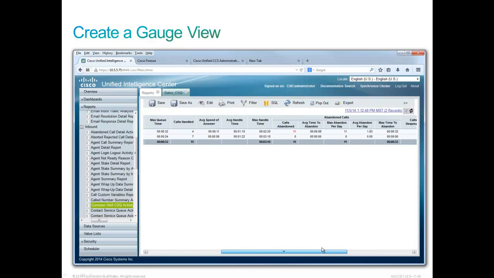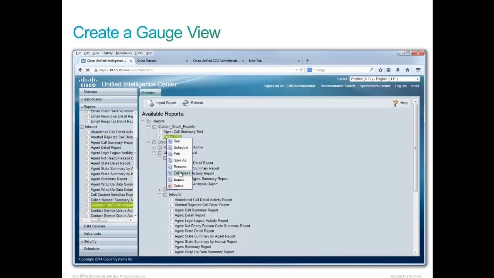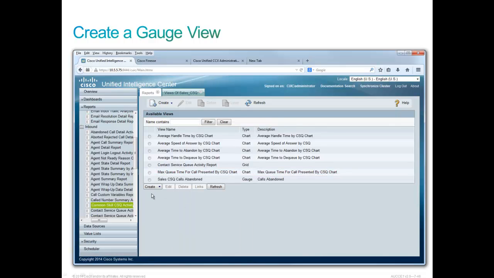This customer is vitally interested in calls abandoned and would like to see a gauge to indicate that, and eventually he'll put that gauge on a dashboard. To create that gauge view, we'll right click on our custom stock report and select Edit Views. We'll create a new one here, and this is going to be a gauge,